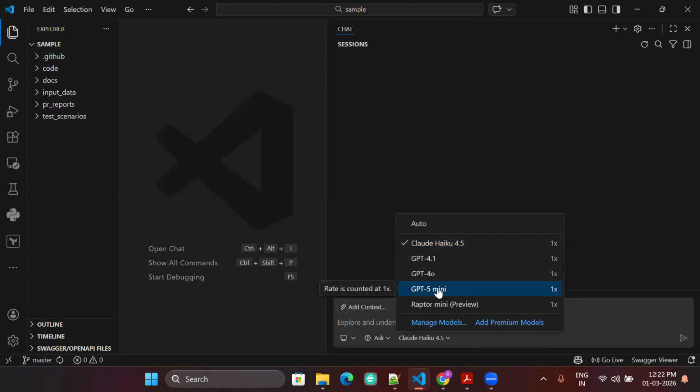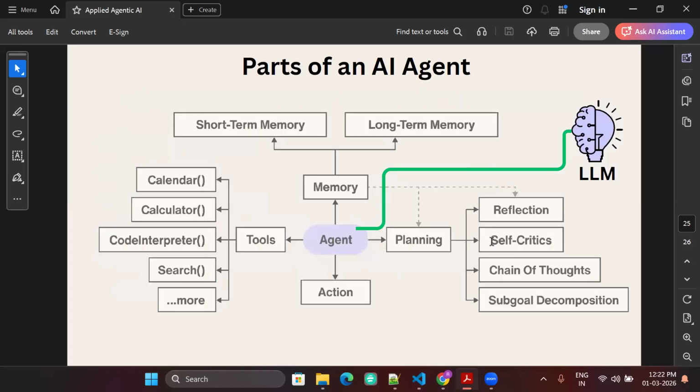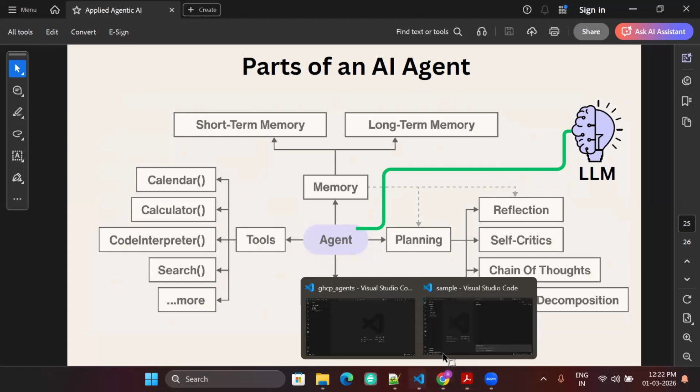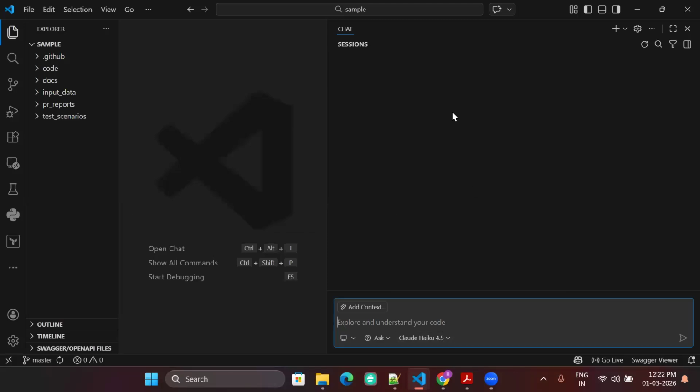Otherwise, GPT 5 Codex Max, those models are really, really good. When I say good, I mean the brain. If the brain is garbage, whatever you build will be garbage only. So go for smart models.